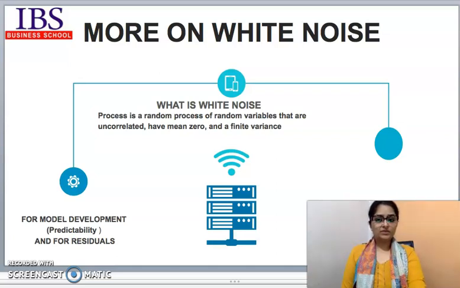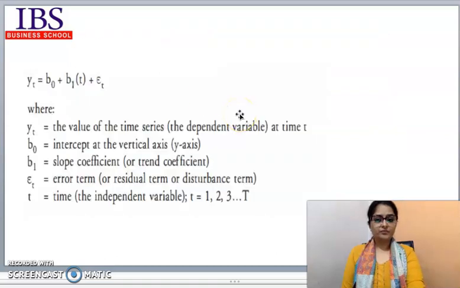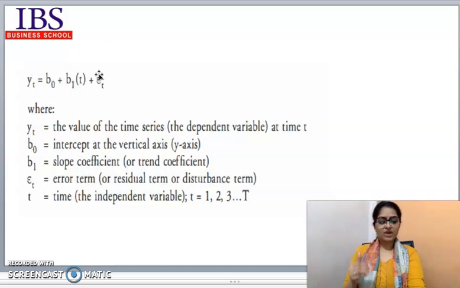Let me go back to the equation once again, and I have already introduced this term error to you. Now what is error? Error is something which has not been included in the model. In our case, what have we included? We have included the previous prices of Reliance in order to make a projection for the future prices. That is it. So what is not included in the model is shown by this error or residual.